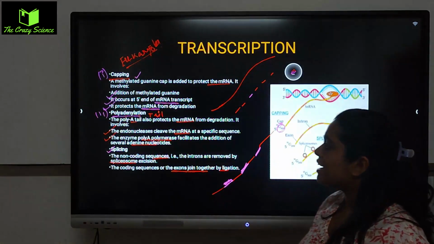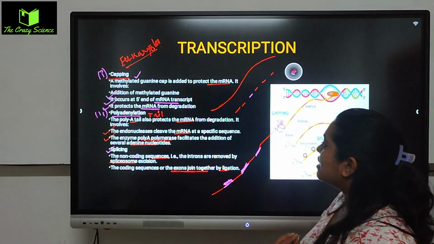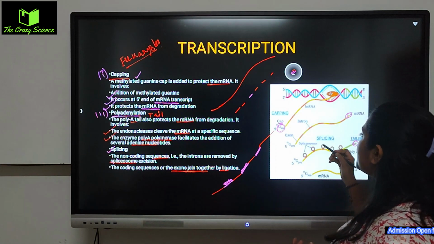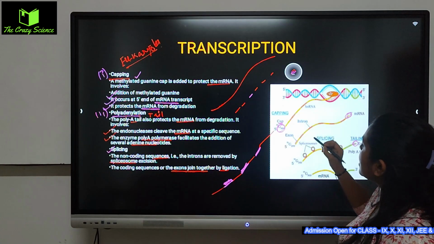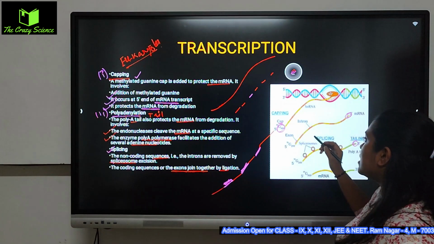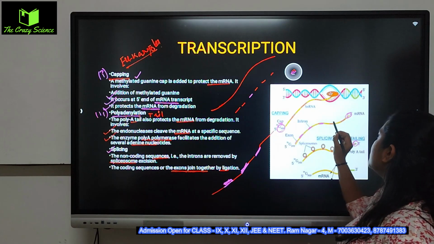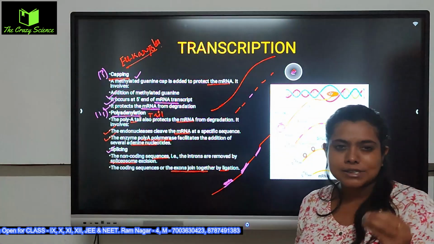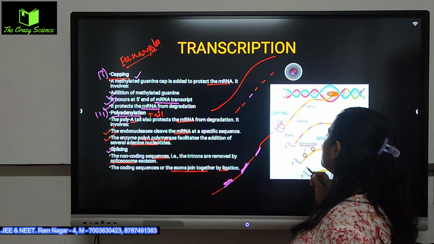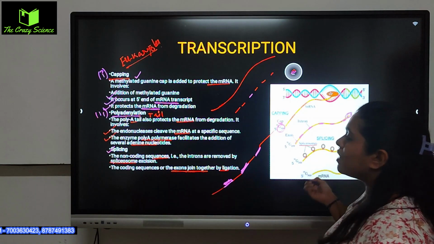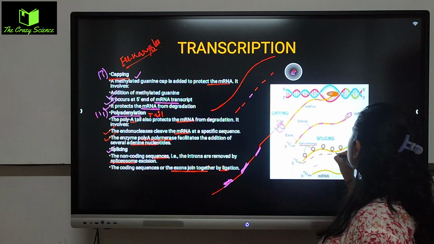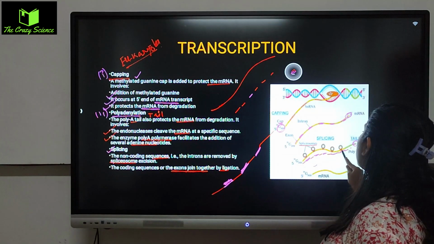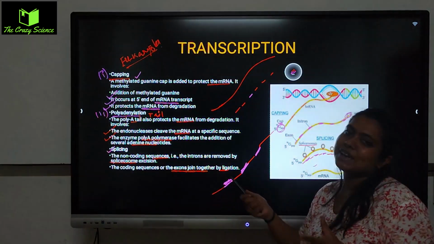the poly tail, that is polyadenylation, the tailing here is happening, same to save from degradation. And splicing means they are just few parts of that, means this part you see, few parts of the exon, few parts of the intron. This is an intron, this is an intron, this is an intron, this is an intron, this is an intron. At the end of the day what happens, spliceosome, there is a certain kind of enzyme, with the help of the spliceosome these introns are getting separated like this, and the spliceosome enzyme comes and joins them like this, they are just connecting, and the degrading part is removed, and in this way